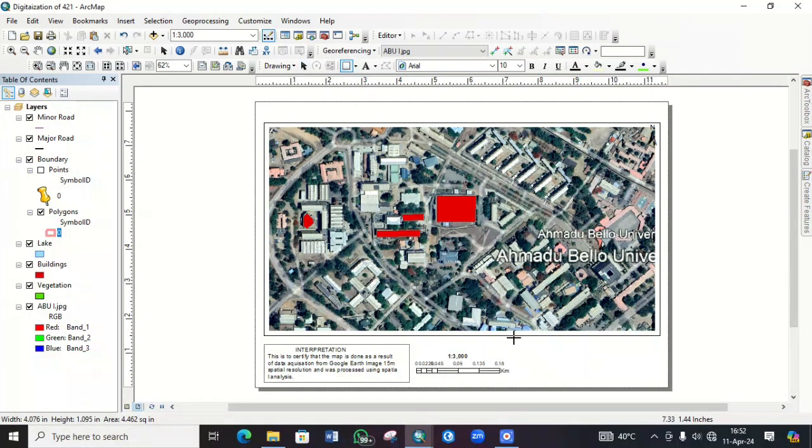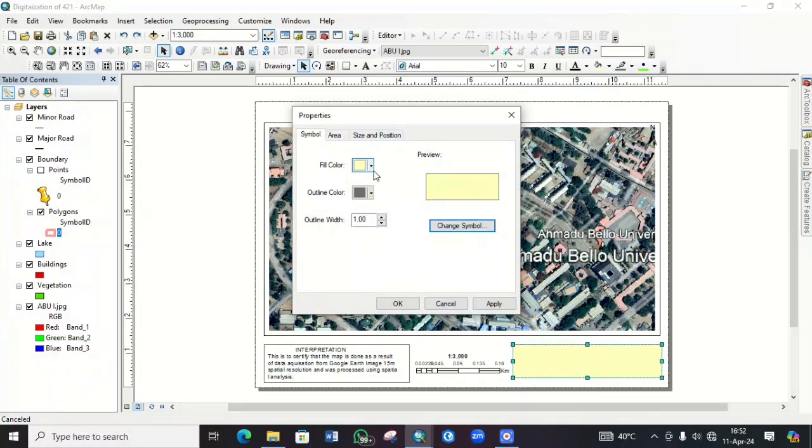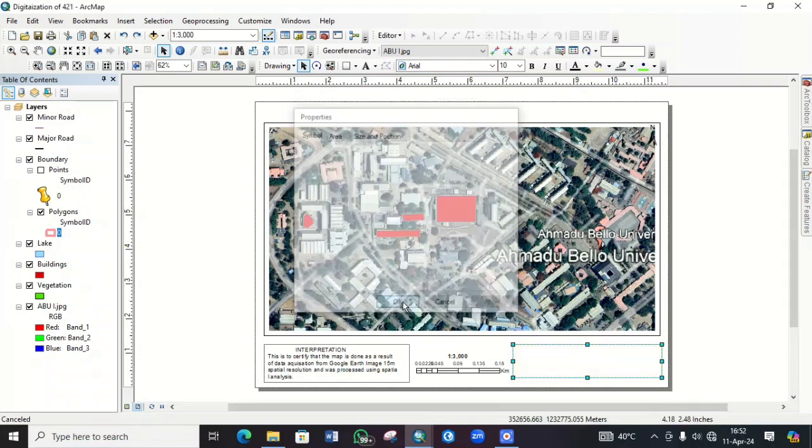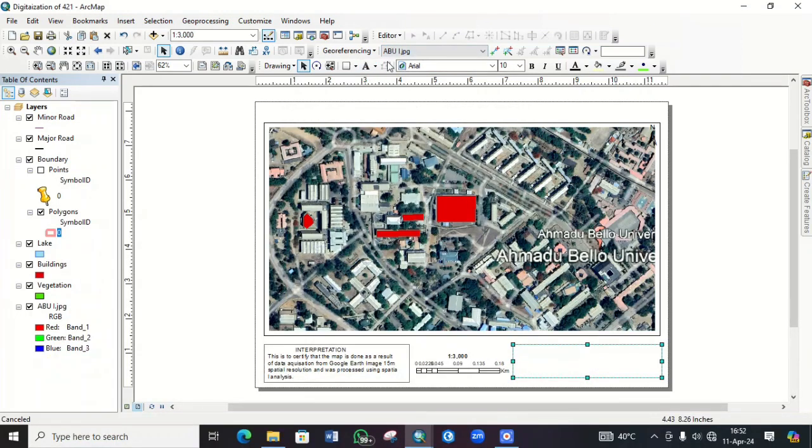Click on it. So this way, make sure it's aligned. Okay, now click on it. Sorry, double click on it. So this fill color, make sure there is no color. Apply, then okay. Then come to text. Click on the text